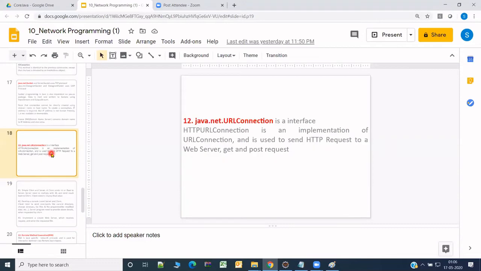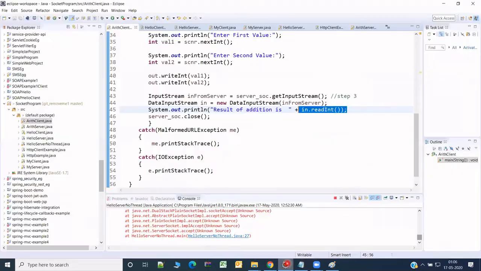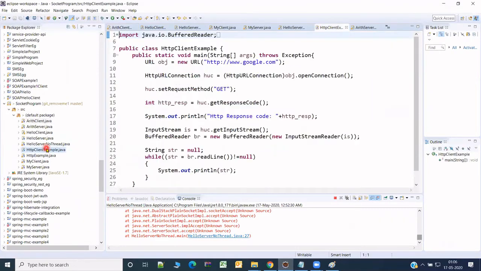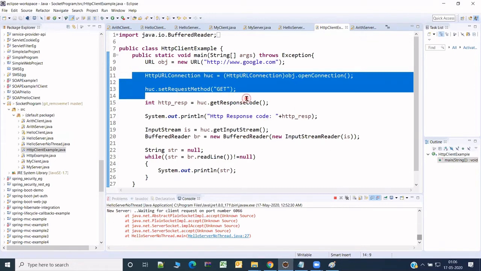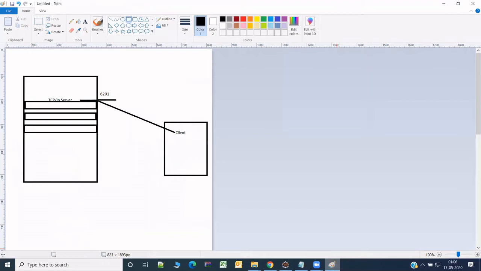Fine. Let's take a quick look at HTTP client. As you can see here, this is HTTP client, and here we are trying to open a connection. So here we are exploring at the HTTP level. This HTTP further internally uses sockets. Okay. As you already know,